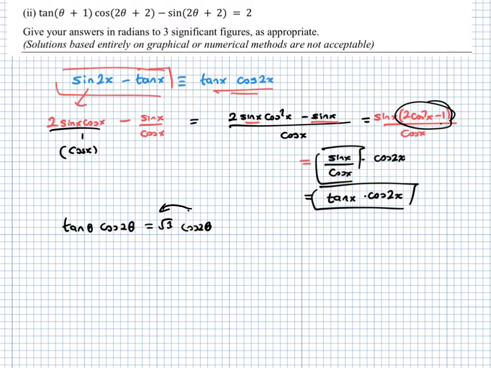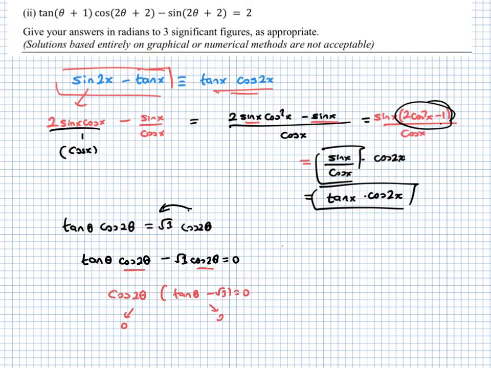If I move this expression to the other side of the equation, we'll have sine 2 theta minus root 3 cosine 2 theta is equal to 0. And what is common here? You see cosine 2 theta is common, so cosine 2 theta out of the bracket, tangent theta minus root 3 is equal to 0. A multiplication is equal to 0 means either this one is 0